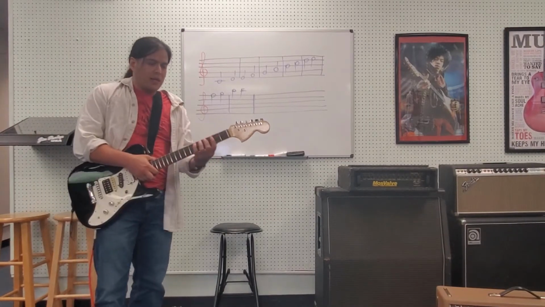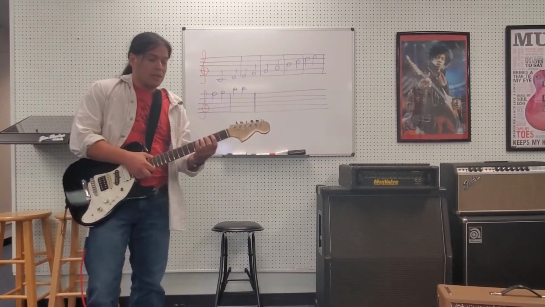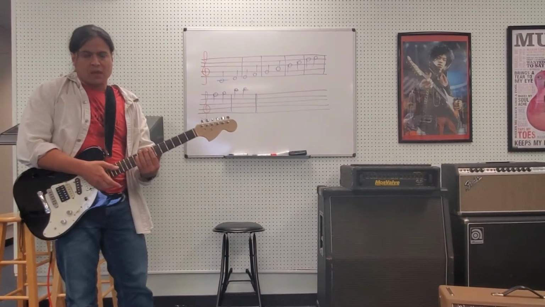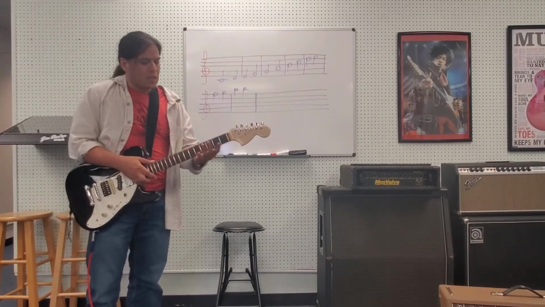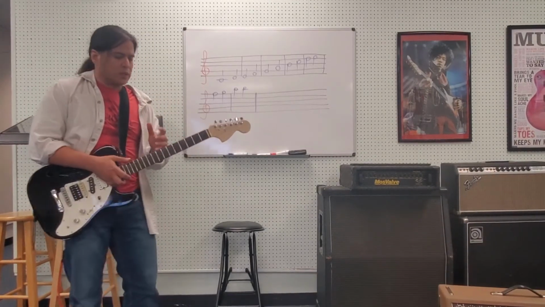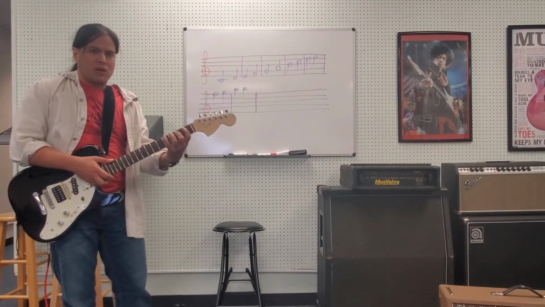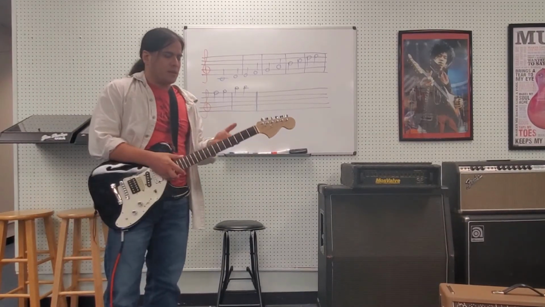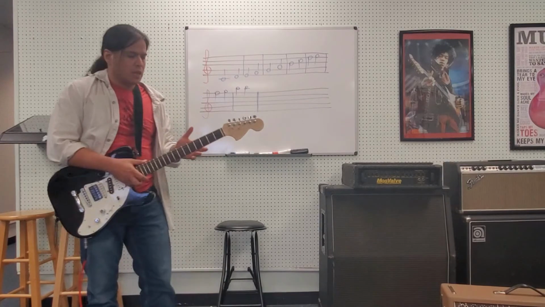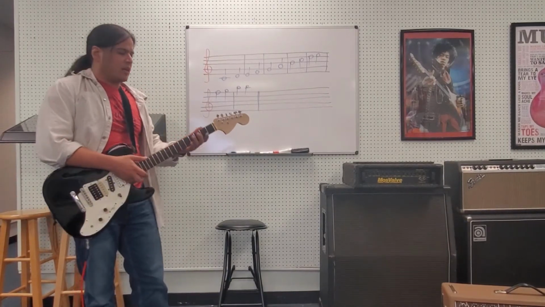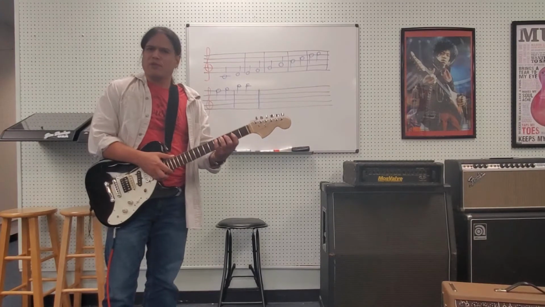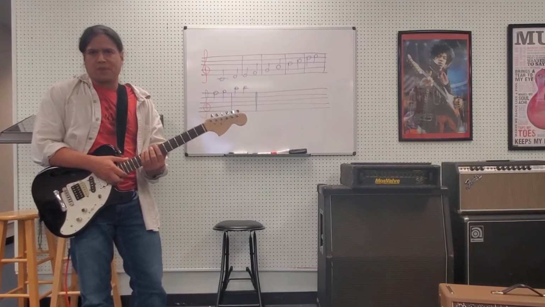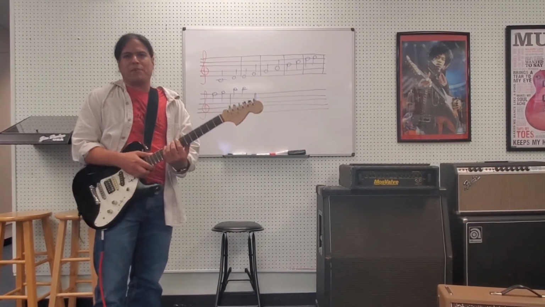So notice that what I did there, I took a passage, a scale, and I learned it in multiple positions. You don't want to do that all at once because it's easy to get confused. So start out by learning it in one position, and then find melodies that you like using that scale or that range of notes, and then practice them and get good at reading in whatever position you're working on. Then shift to the next position and do the same thing, and then to the next position and do the same thing, and so on, until you are able to identify pitches no matter where they are.